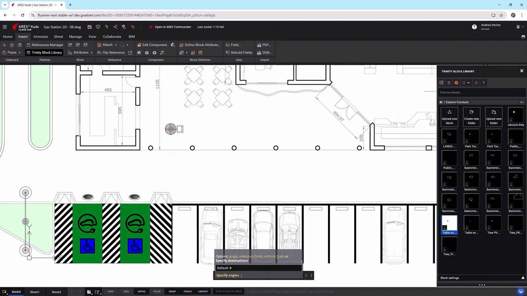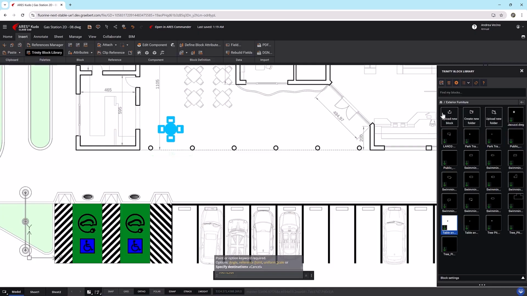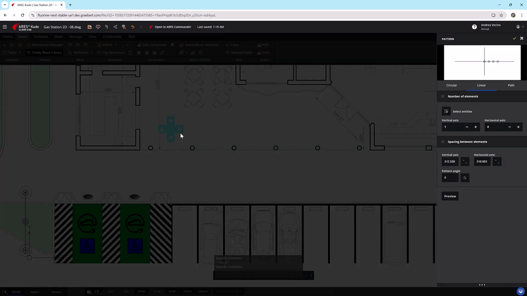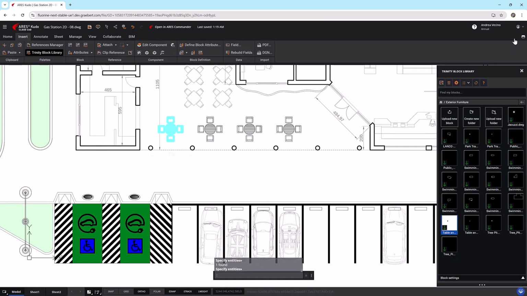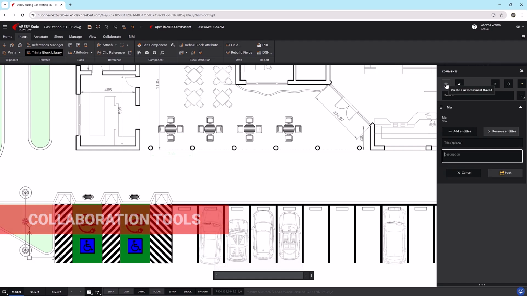Aries Kudo includes hundreds of tools for creating and editing 2D drawings, making it functionally equivalent to AutoCAD LT. This also makes it easier to share drawings with colleagues or clients by assigning them different access roles. By creating and sharing online block libraries, you can enable users with limited CAD experience to easily edit drawings. Another key advantage of Aries Kudo is its Trinity collaboration features for collecting feedback.